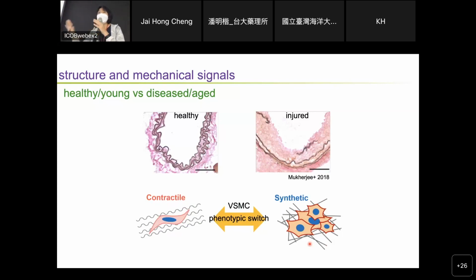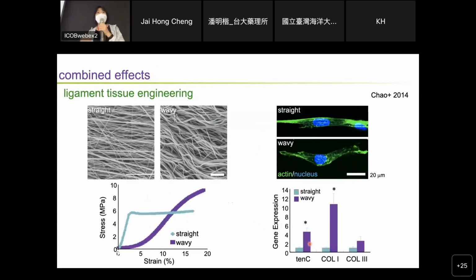So this is obviously extremely simplified, but they have this correlation of the changes in the VSMC phenotype with the structure. So our question in both arteries and ligaments and tendons is, how does this mechanical environment, mechanical structure, regulate these cells? Is it merely correlative as we observe in histological sections, or is it a causal relationship? So to do that, we need to be able to recreate that environment, because you can only find correlation in